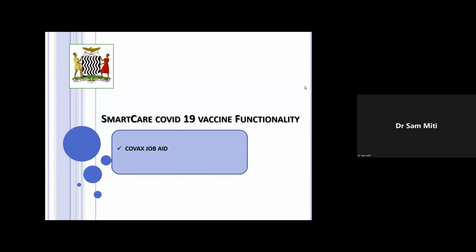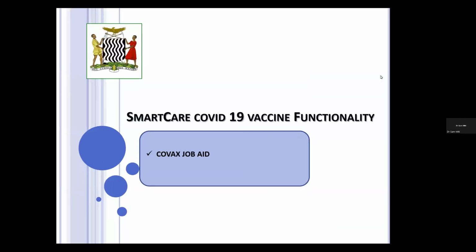So I'll introduce Mr. Banda Kuwani, who is a fellow health worker like most of us, and he is also the health informatics specialist at IHM, and he will take us through what this feature is in COVID, in legacy SmartCare, and we'll be able to demonstrate both how to utilize it and how easy it is actually to utilize it, but also the benefits in terms of